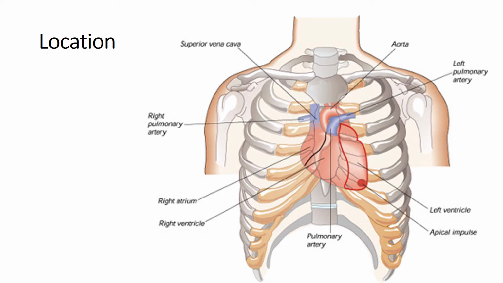So first aspect is where it is located, where the heart is placed inside the body. So heart is basically small and roughly the size of your fist. मतलब जो आपकी मुट्ठी है उसी size का आपका heart होता है. Okay, so you can see that the heart is lying in the middle of the chest. Okay, but there's a thing here to remember, that the 2/3 portion of the heart is lying to the left side of the body. So heart is primarily located more towards the left side of the body.